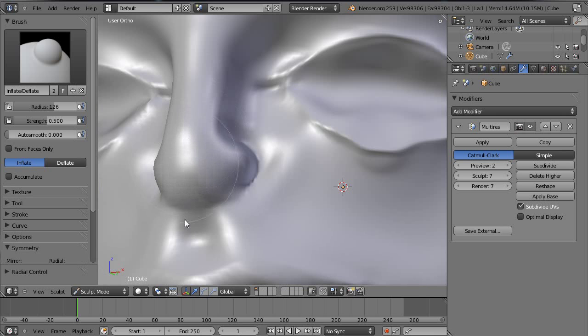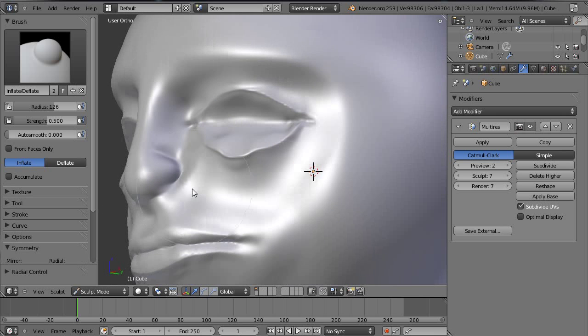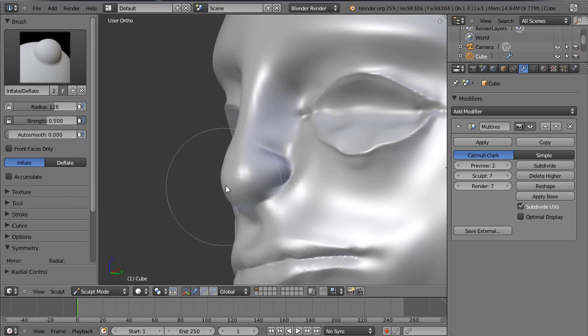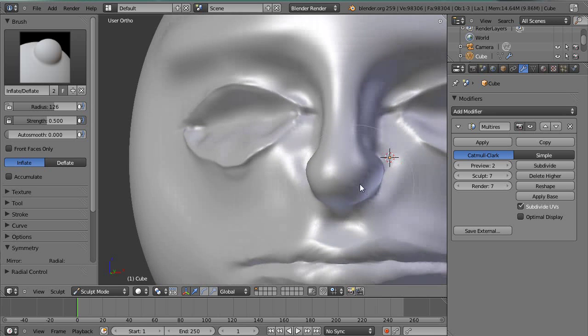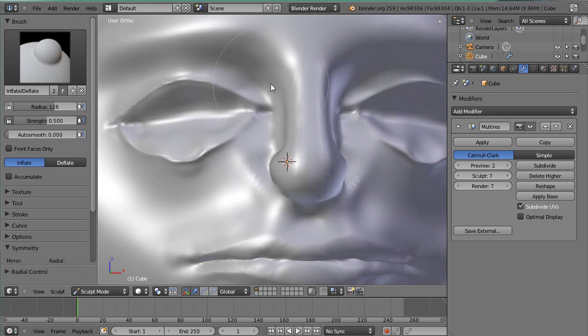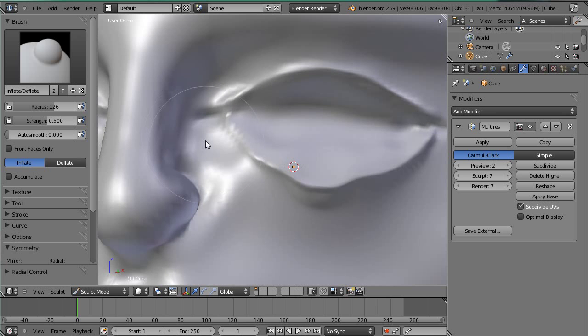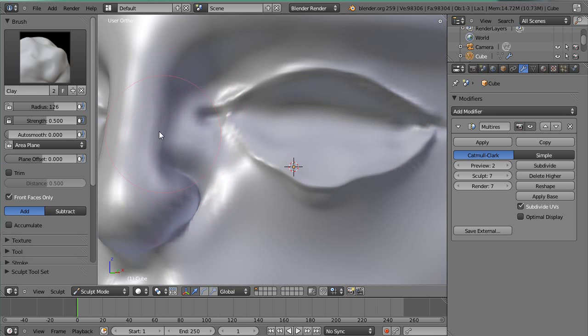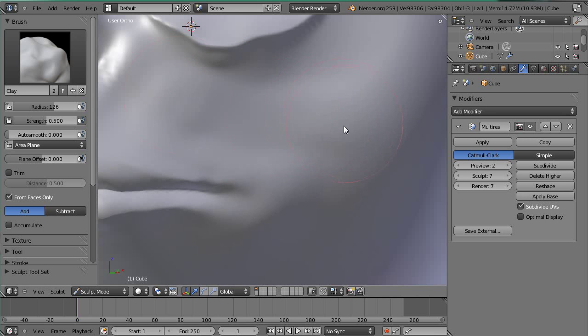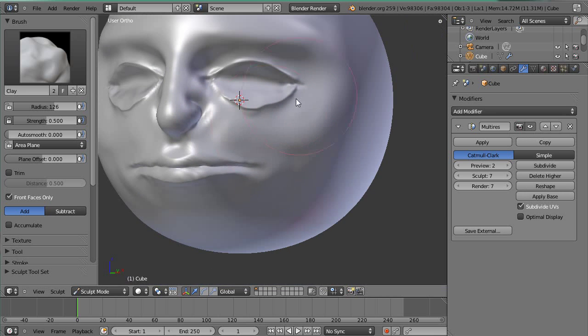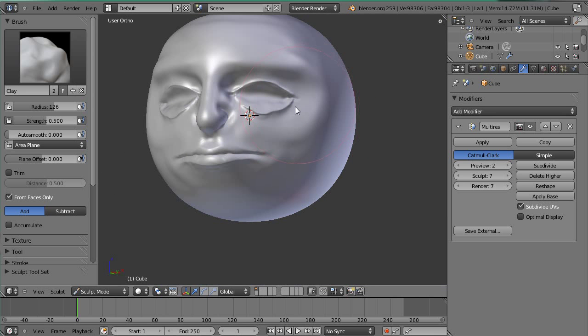It's a bit better than grab because it builds up some nice smooth form. And then I might use clay in this area a little bit and start to define some cheeks and stuff. But most of that is better done in a lower level anyway.